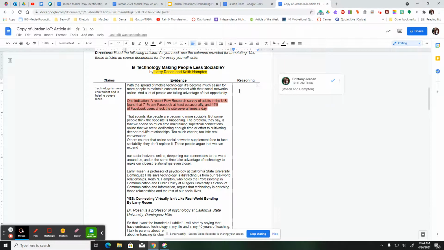So for my idea here that technology is helping people, so it's really impacting our relationships in a good way, because people are using the Facebook app and everything like that quite a bit. I'm going to say that being able to use this technology is allowing people to connect.